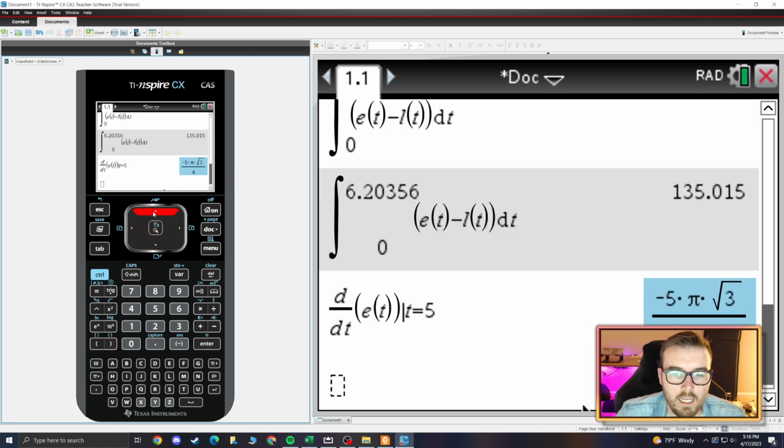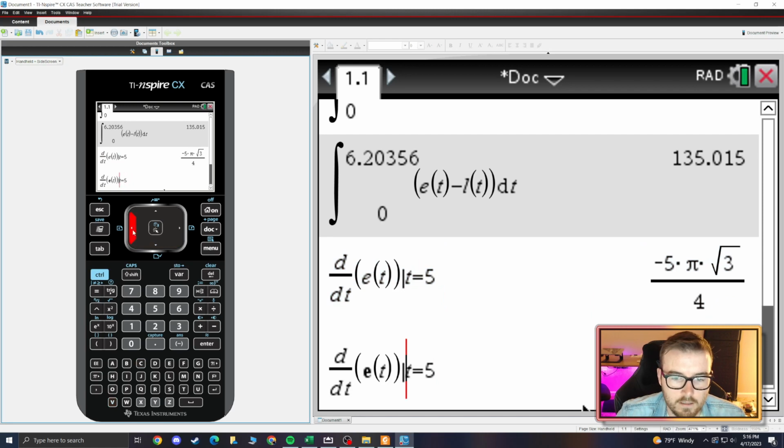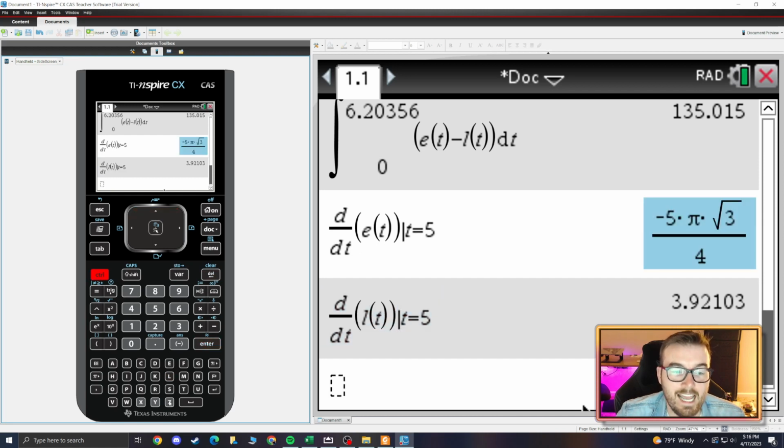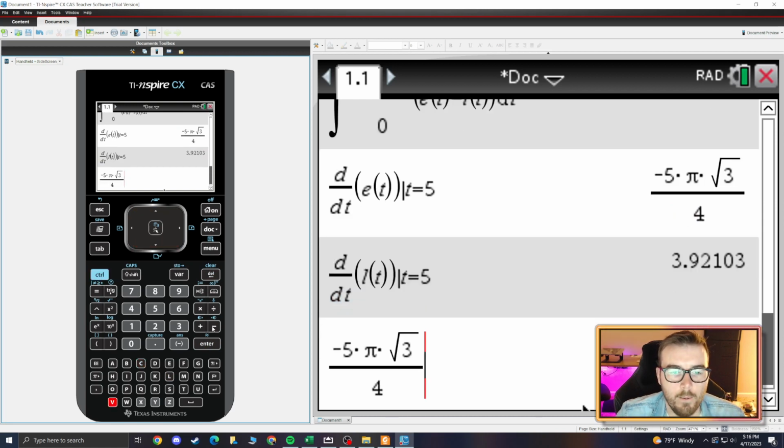Boom. And then I'm going to copy this and do L of t. And then I'm going to copy the answer because I need to do subtraction, right? So that minus that, I hope you're with me,